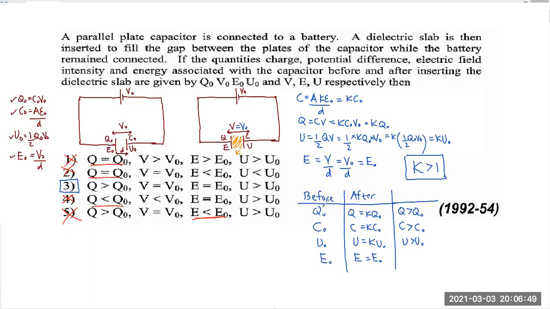You can do the same comparison for the previous question also, depending on the value of K. If you divide something by K, for example, I think in the previous case, it was E equals E naught divided by K. In such situations, E will be less than E naught, because we are dividing E naught by a number greater than 1. So you have to carefully do that comparison. But for this case, this is how the comparison goes.